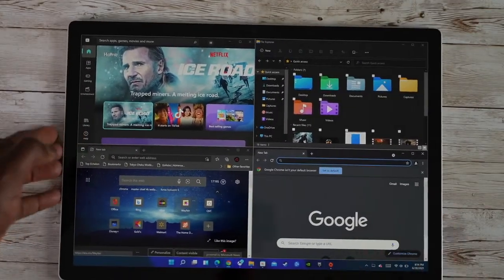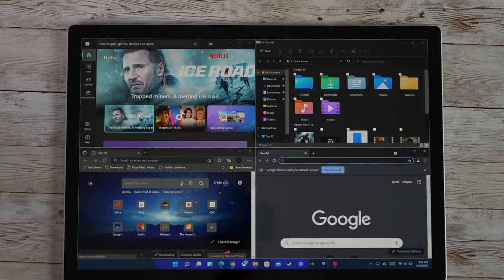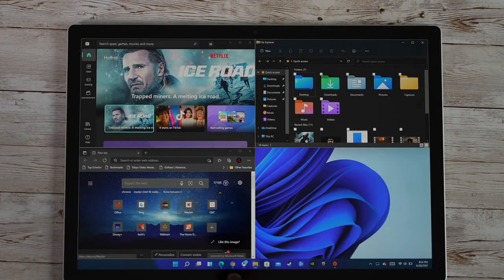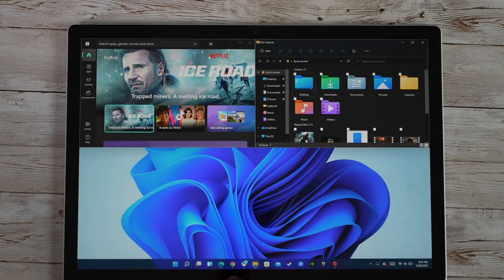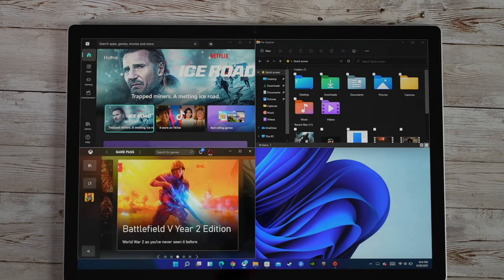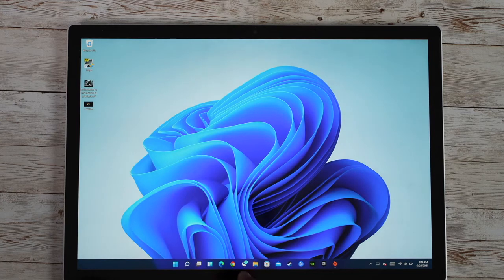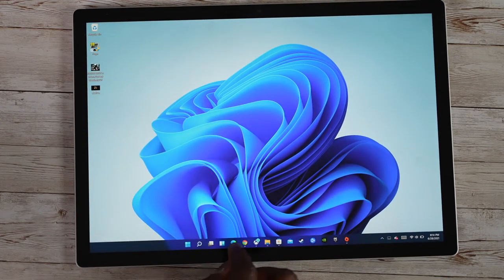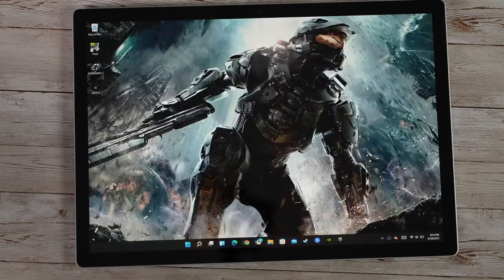Very simple, very easy. I can either tap each one to minimize it, or I can of course kill everything from the edge if I can get there. It's very simple and very easy to use. So, nice layout overall. I'm going to switch now over to my gaming desktop, and I'm going to